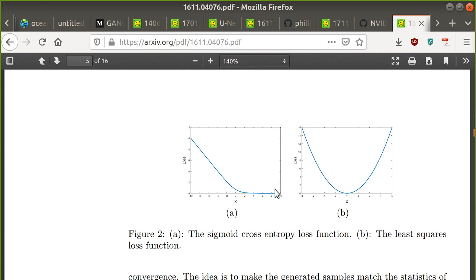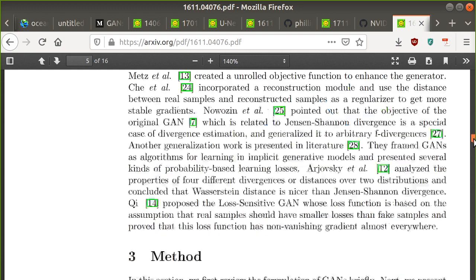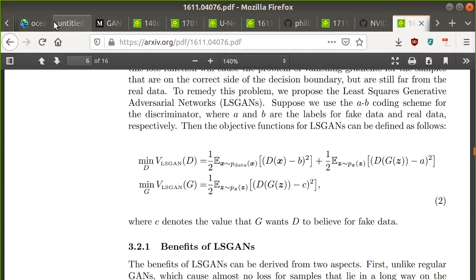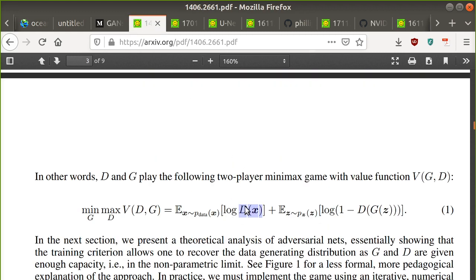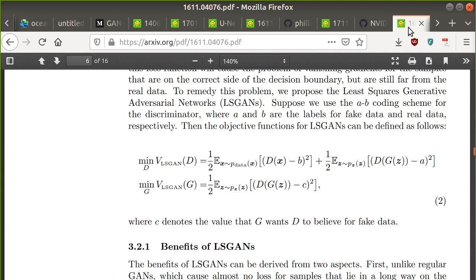If you're in this region of the curve, it's very difficult for the network to learn because the curve is flat. It's trying to move along this tiny, tiny gradient. So it just doesn't train well. So basically, by replacing the saturating sigmoid with the least squares, right? By replacing this D function, which has to be between 0 and 1 because it has a sigmoid at the end, with this,